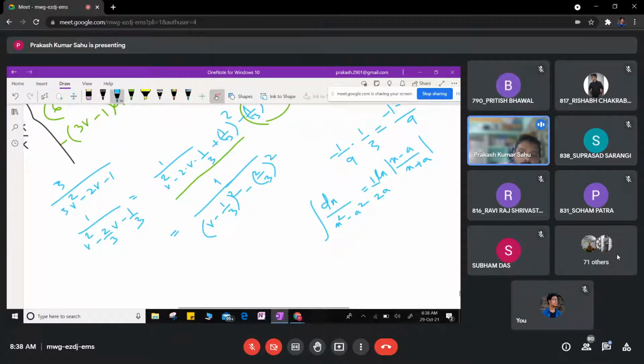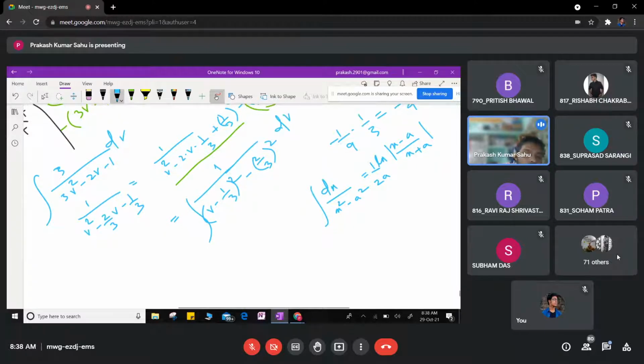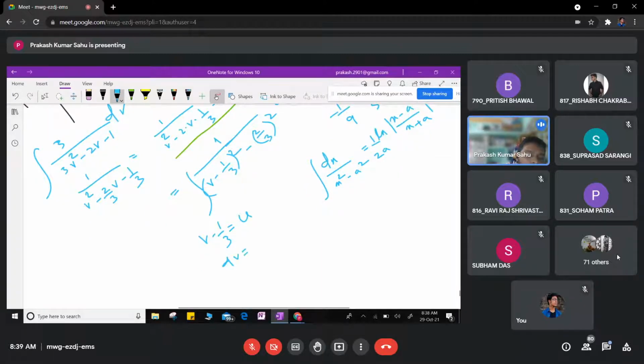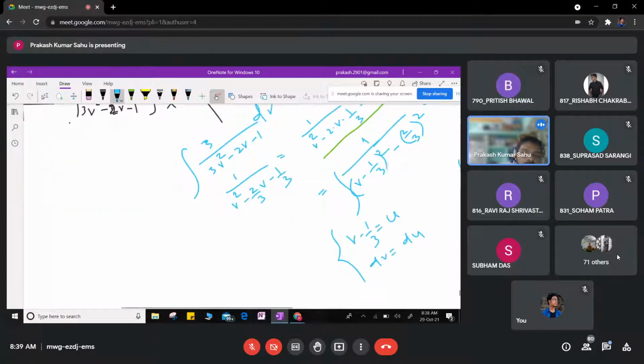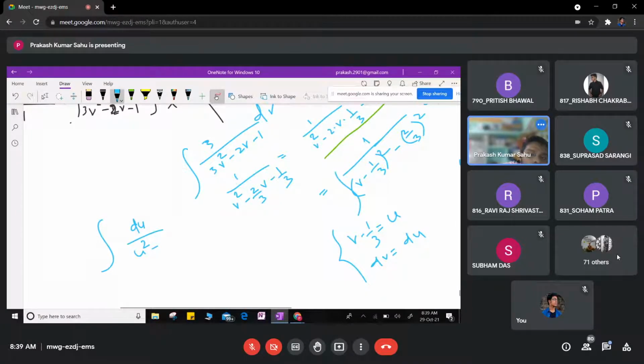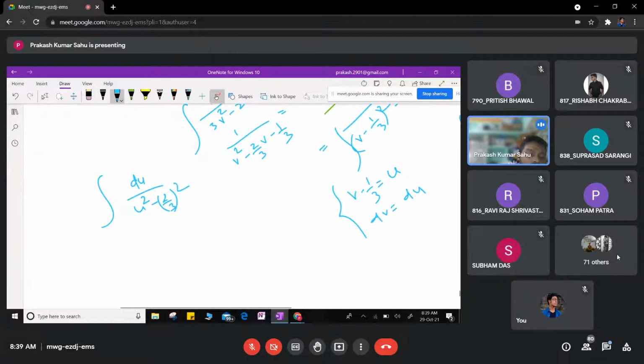So you can see here, तो यहाँ पे 1 by 2a ये तो आ गया इंटीग्रेशन, जब इंटीग्रेशन उसको करोगे into dv, तो this is integration with respect to dv. ओके, तो नाउ यहाँ पे v minus 1 by 3 को तुम और कुछ सपोज u पुट करोगे तो ये क्या हो जाएगा, तुम्हारा dv इज इक्वल टू du हो जाएगा, ये सर नो। तो तुम्हारा जो इंटीग्रेशन होगा, ये इंटीग्रेशन क्या हो जाएगा, दिस इज du डिवाइडेड बाय u स्क्वायर माइनस 2/3 स्क्वायर। तो इफ यू फाइंड द इंटीग्रेशन, तो ये इंटीग्रेशन क्या होगा, ये इंटीग्रेशन हो जाएगा, दिस इज 1/2 into a, okay, this is ln x minus a, that is u minus 2/3 divided by u plus 2/3 modulus.